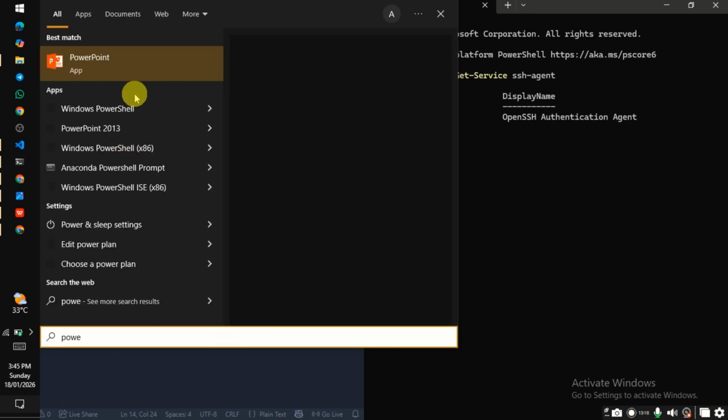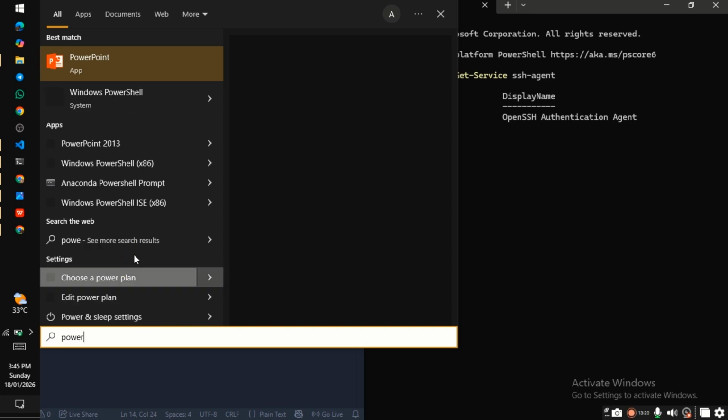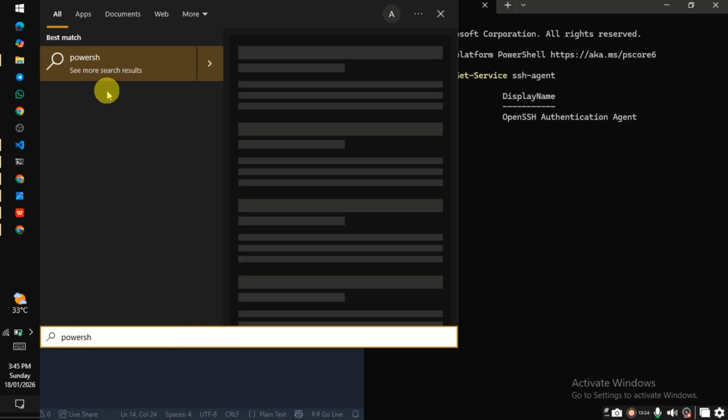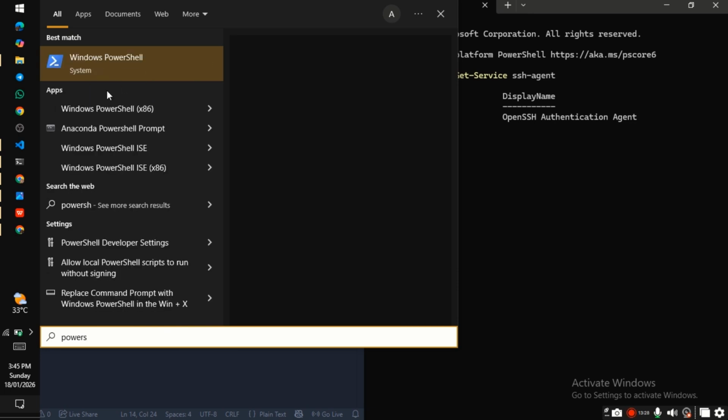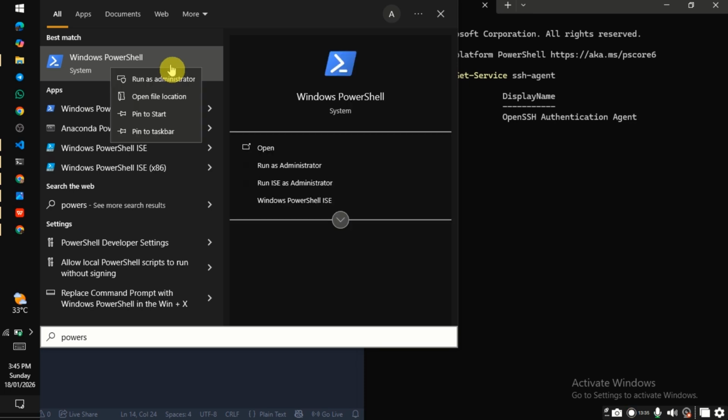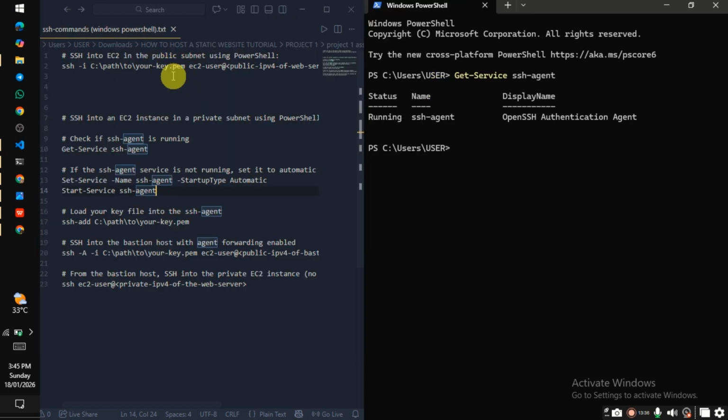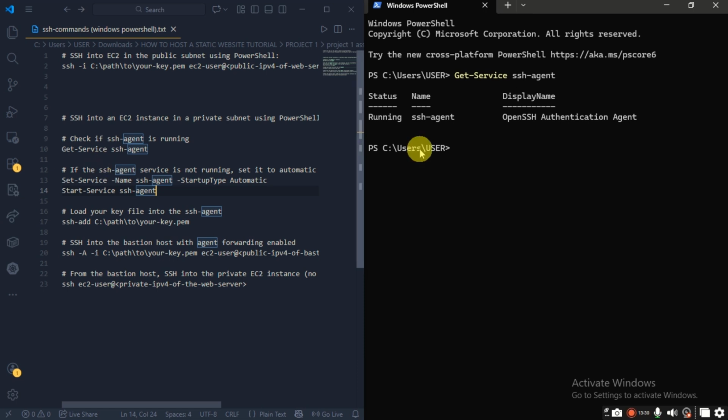And then we open it as administrator. If you right click over here, you can open it as an administrator. Can you see that? Run as administrator. And then when you open it, you can now run this command. This command would set your SSH